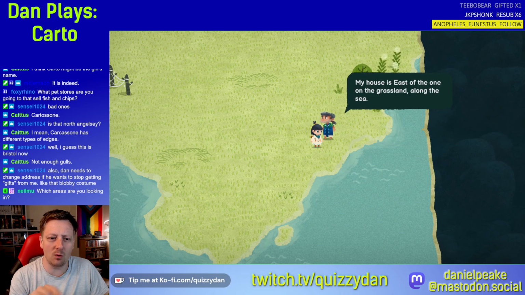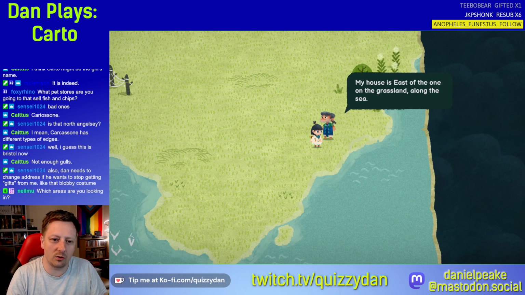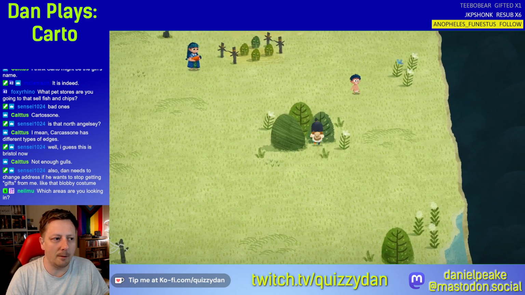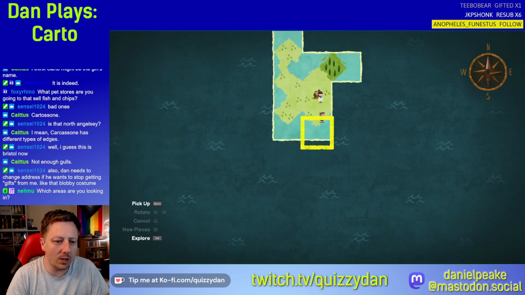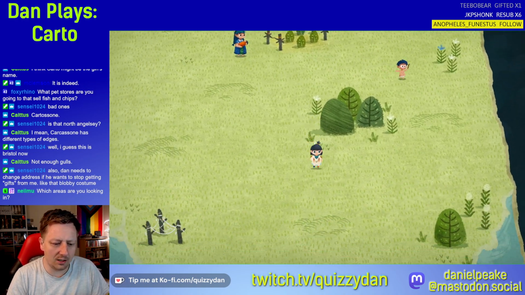My house is east of the one on the grassland along the sea, so I'm going to have to move this piece of the map and put it next to whichever one that is. Is east of the one on the grassland along the sea. Now, if only I could figure out which way is east. Yes, that is an issue at this point in time. So, given that this is the only home, is that what he's referring to? Do I have to rearrange? Oh, you're next to each other, though. Is east of the one on the grassland. Probably the south, Neil, but...